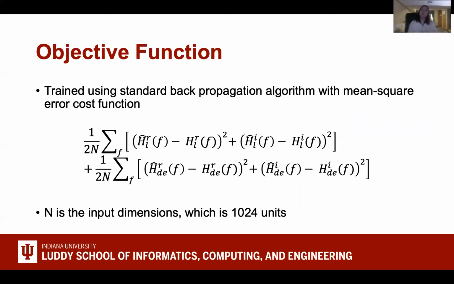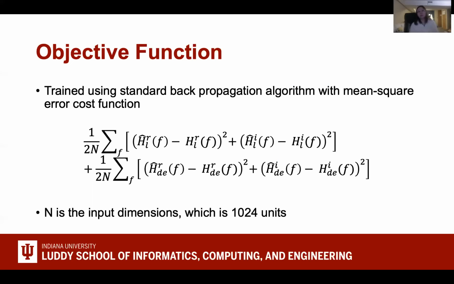And for the objective function, we train using the standard backpropagation algorithm with mean square error cost function. The H hat here is the estimated room impulse response, and the H is the true label of the room impulse response.